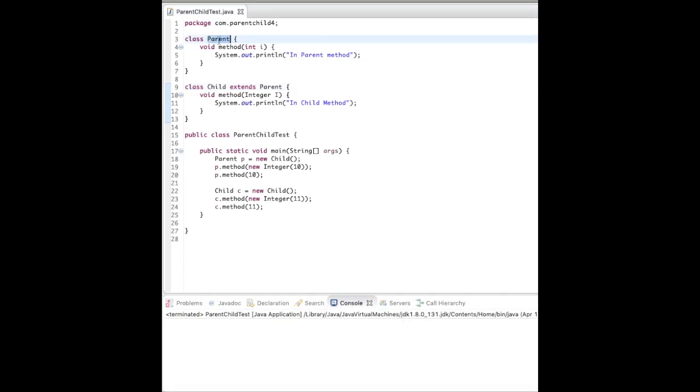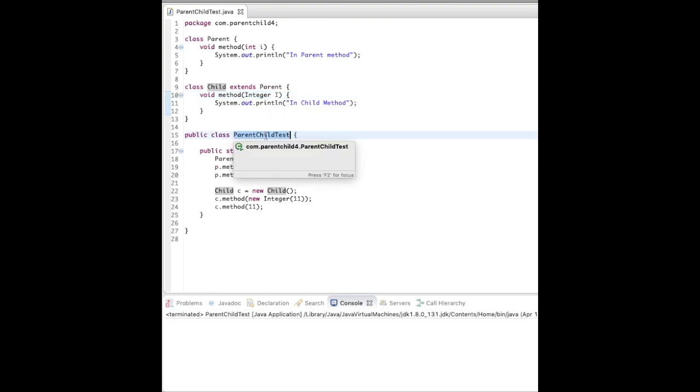This has a parent class. The parent class has a method which takes an argument of integer i and just prints "in parent method". Now this child class extends the parent class, and it again has the method, and this method takes an integer i as an argument, but it's of the wrapper class Integer, and prints "in child method".